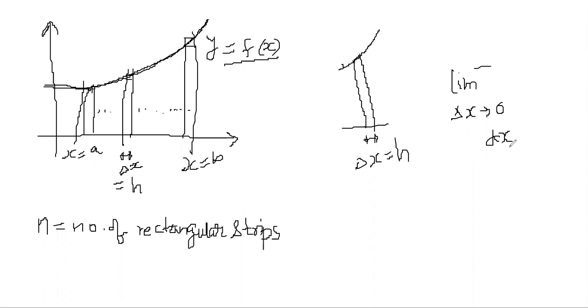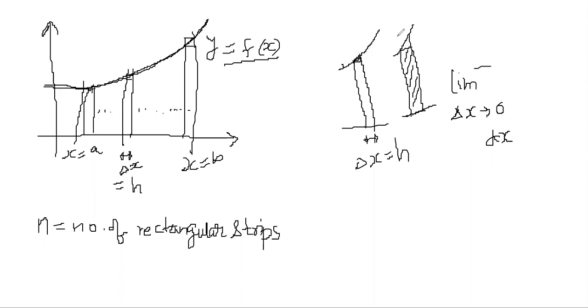When delta x is very small, almost 0, but not exactly 0, almost 0, negligible, it is called dx. In that situation, this will almost be a rectangle. So if you see it like this, it is almost a rectangle like this. But still, if you observe it microscopically, there is a chance of taking a rectangle like this whose area is less than the area of the curve with the x-axis, because in the middle a small area of the curve is left.